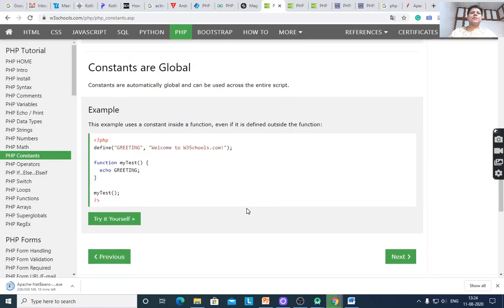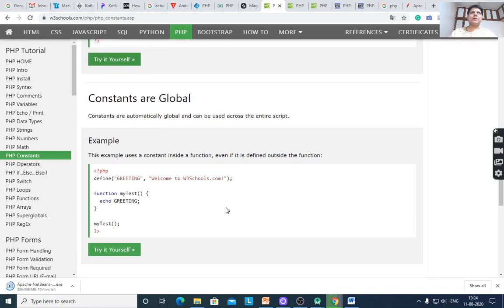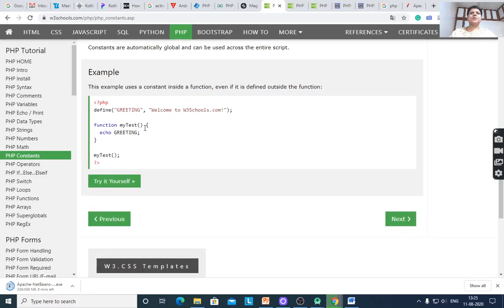Then constants are global, because once you define them, they are the same for the entire script. Define greeting, Welcome to w3schools.com. Suppose the function is myTest, and inside it there is one statement, echo greeting.